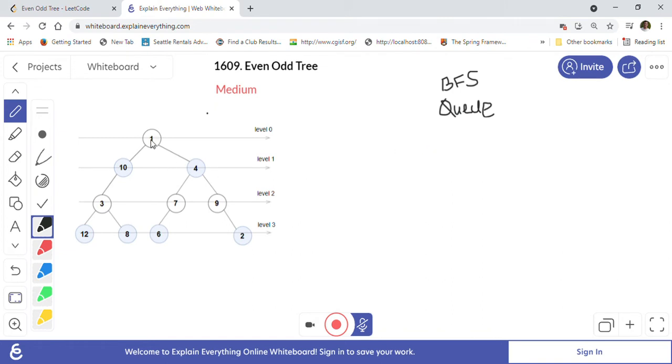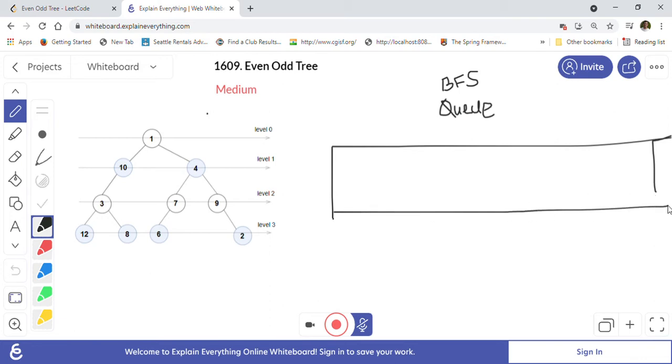Whenever we read the nodes from each level, we first add them to the queue, and we process the nodes in the queue level by level, right? For example, if we are at level 1, we will process these two from the queue. So let's start, and I will show you from this example how we can implement BFS using a Java queue.